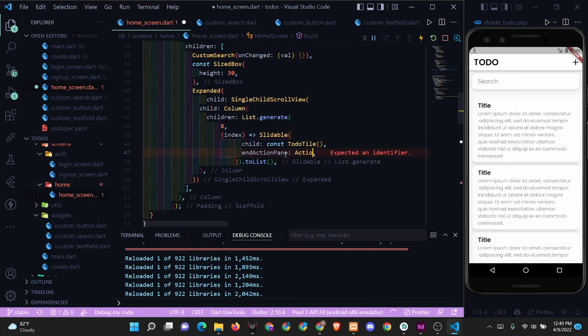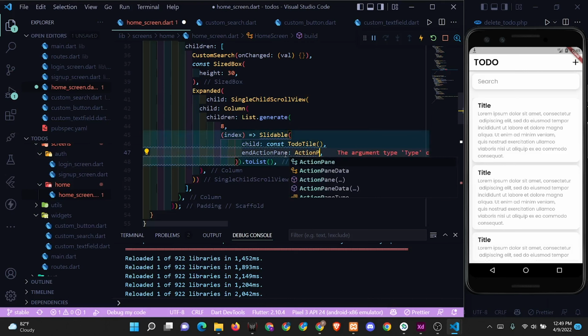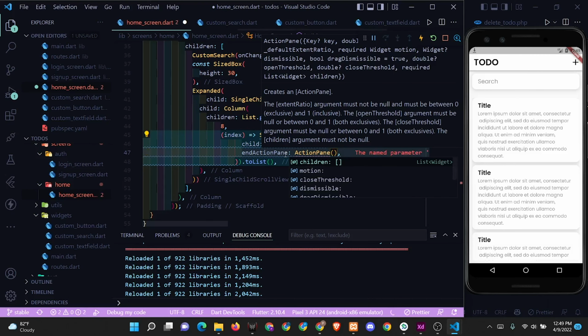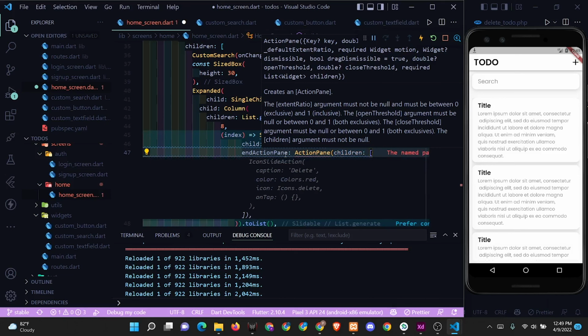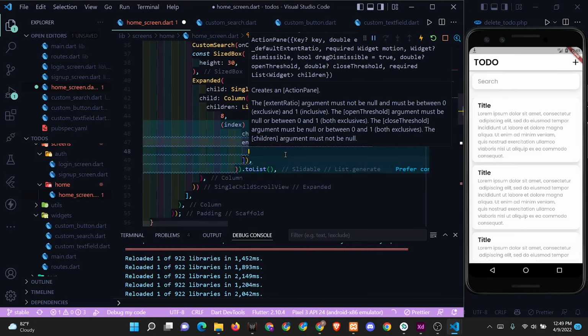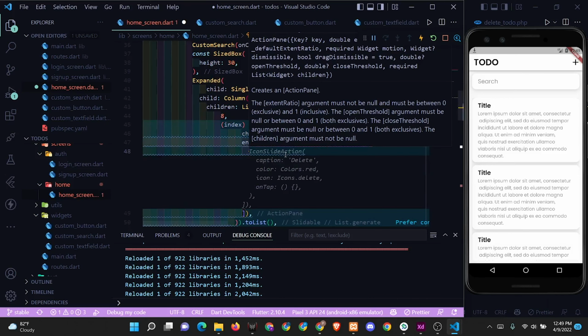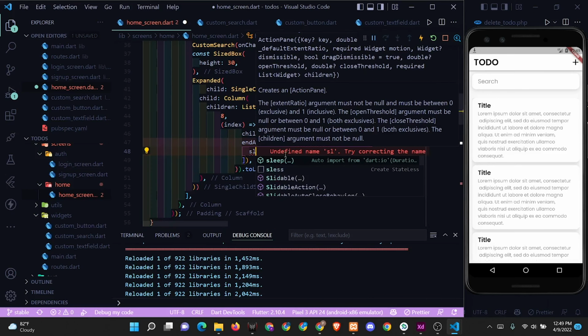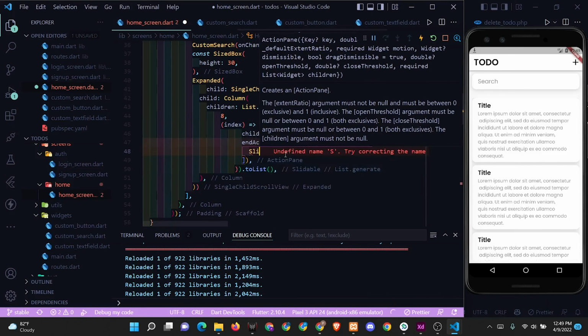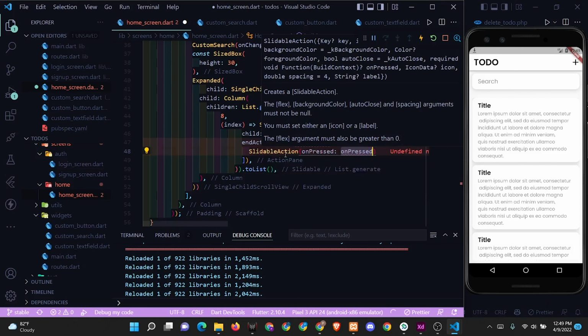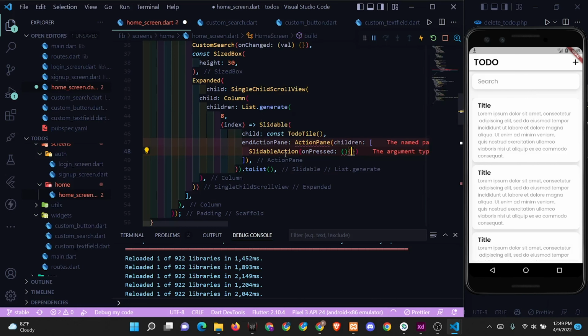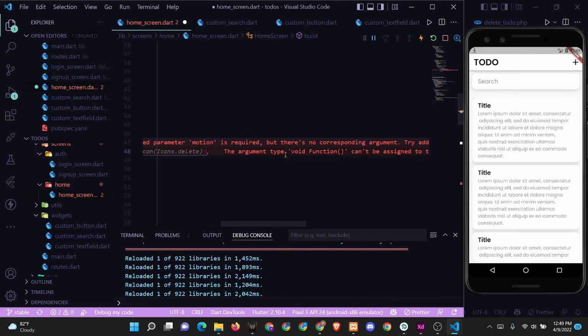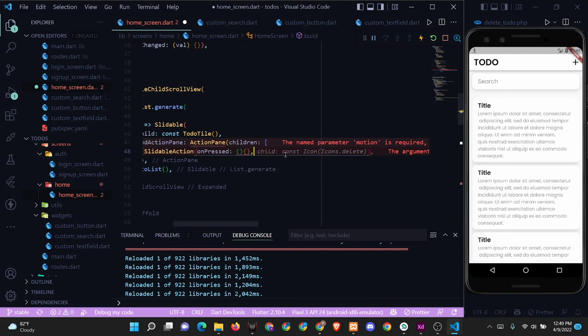So it will be action pane, and it will take children. Children will be slidable actions. Slidable actions. So on pressed we'll initialize that later. And